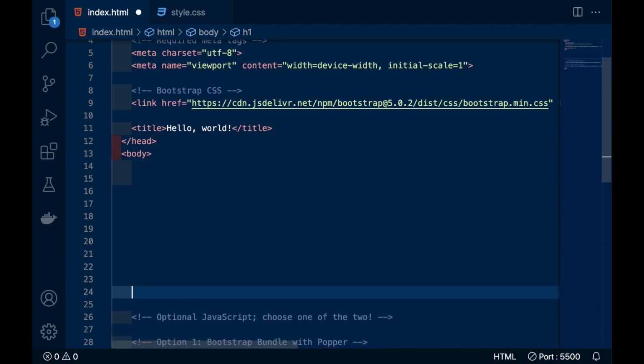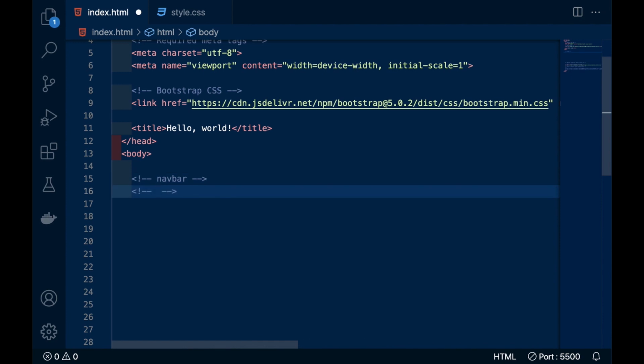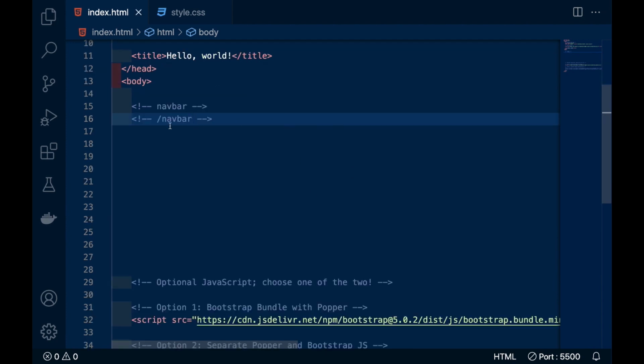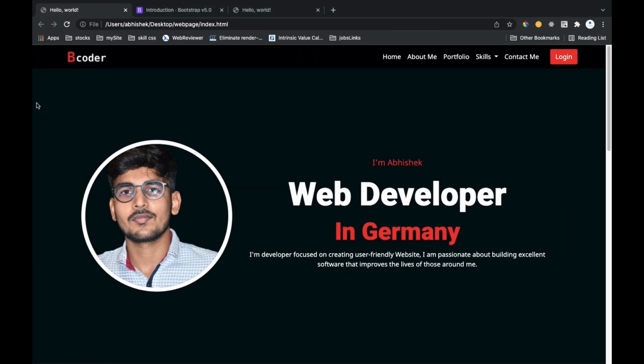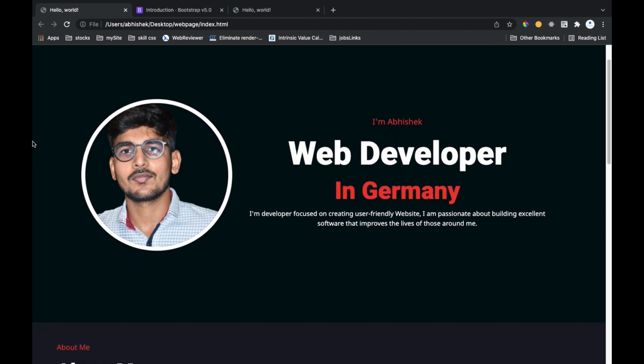So our first work is to make a navbar here. So I will first comment what we are going to make. So friends, first of all we will create a navbar. So let's see what we have to make in this website. First one, you can see here we have a navbar. After that we have a slider.